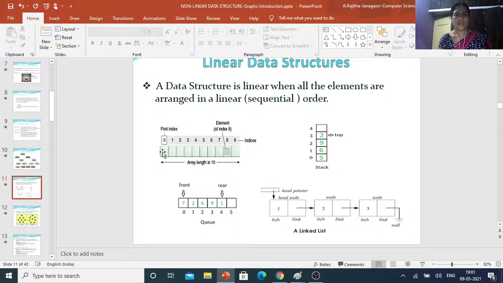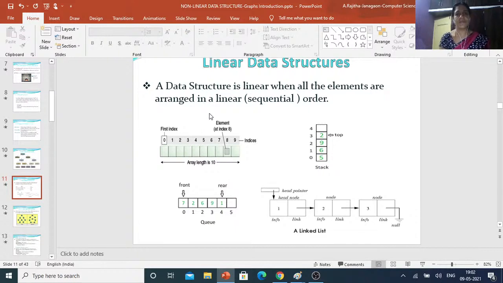The first element has no predecessor and the last element has no successor. Except for the first and last elements, every element has only one predecessor and only one successor. That is nothing but a linear data structure.